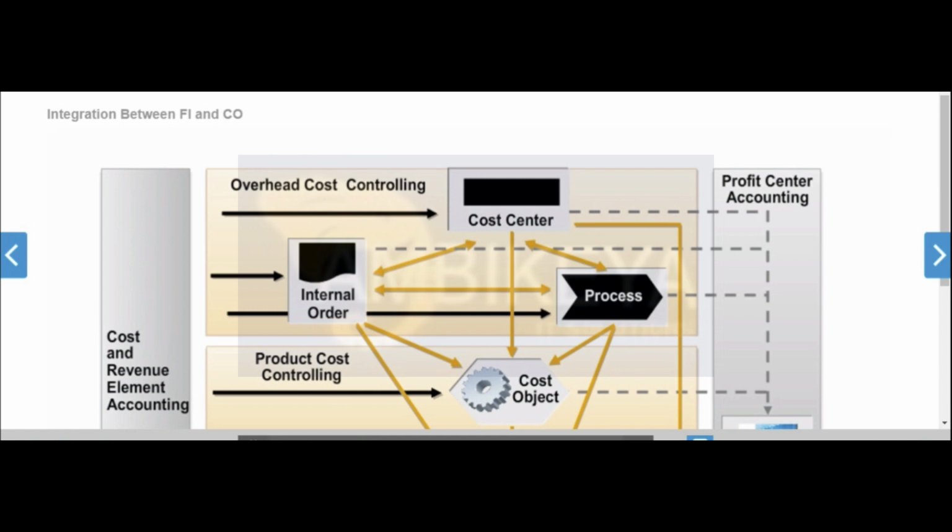You can pass costs incurred in one part of the enterprise to another part of the enterprise. For example, you can allocate overhead costs from administrative cost centers to production cost centers. Production cost centers then allocate these costs to production processes. Within the overhead cost controlling